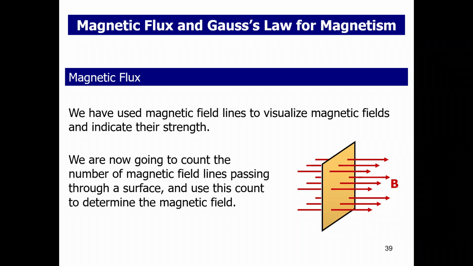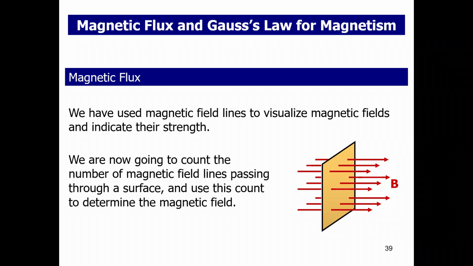Our next topic for magnetic fields is magnetic flux and Gauss's law for magnetism. Now, we're only going to briefly touch on this today, but we're going to see that when we get on the topic of electromagnetic induction, this is going to come back into play and be huge. But for now, we can define magnetic flux as essentially the density of the magnetic field lines that pass through